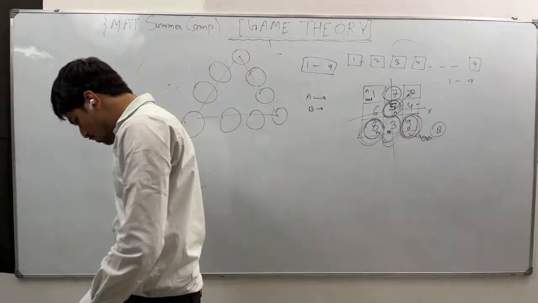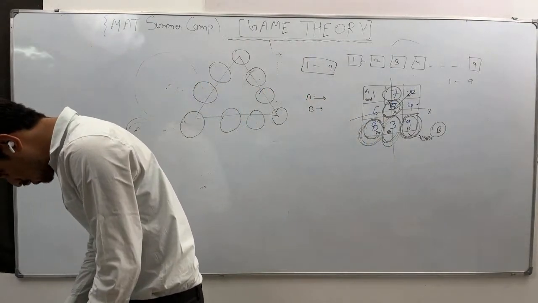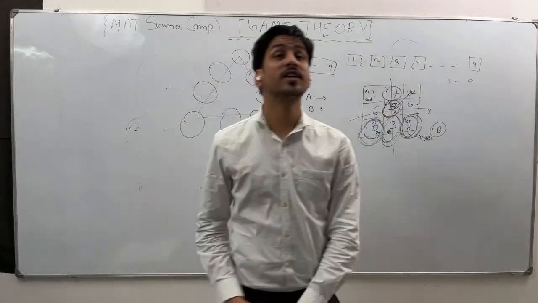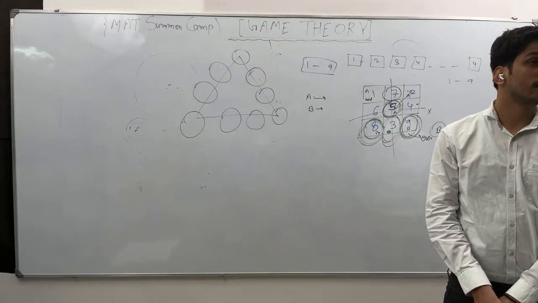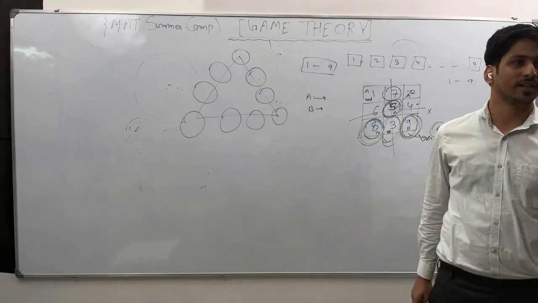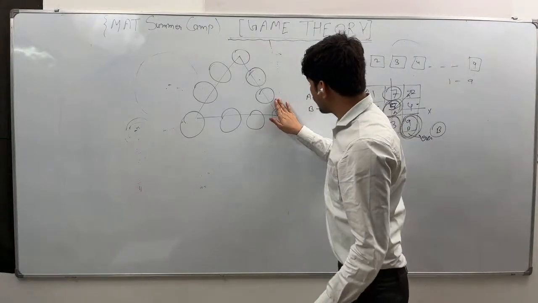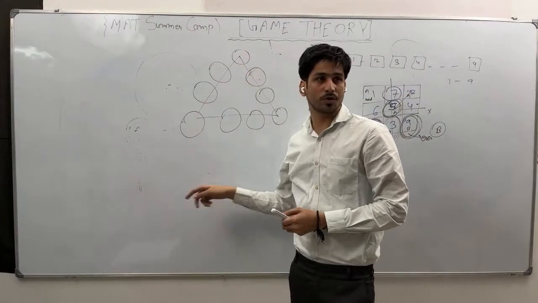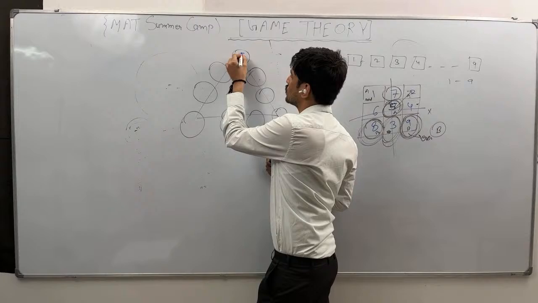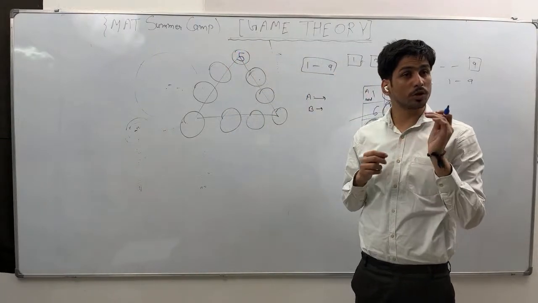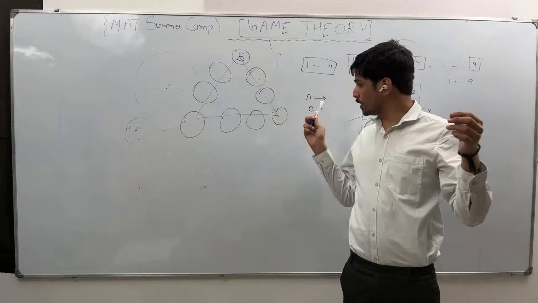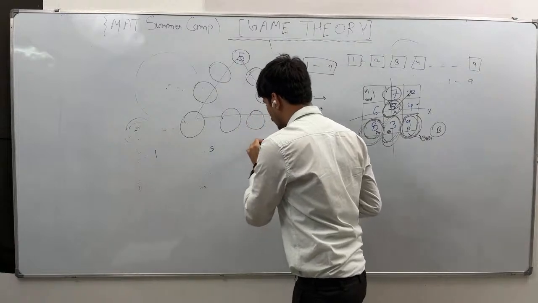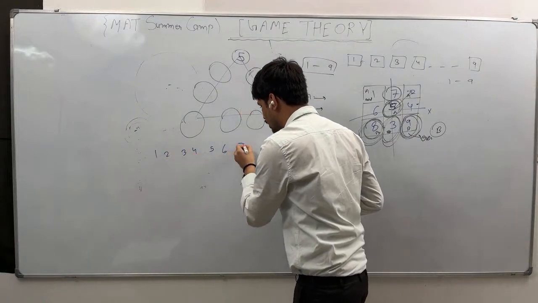Online students, are you able to understand this question? Yes, sir. Opposite number to it. Yeah, that's the correct logic. Apart from 5, if you put any other number, what will happen? Because you see there are a total of 4 squares. Let's say first A goes 5. Then no matter what B puts, you will put the corresponding opposite number. If 5, then 1, 2, 3, 4, then 6, 7, 8, 9.